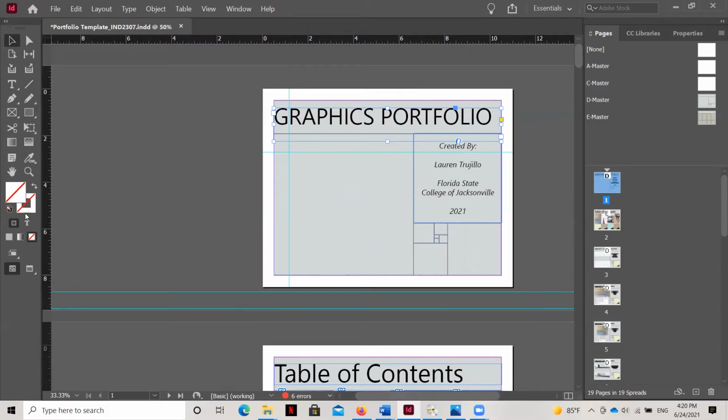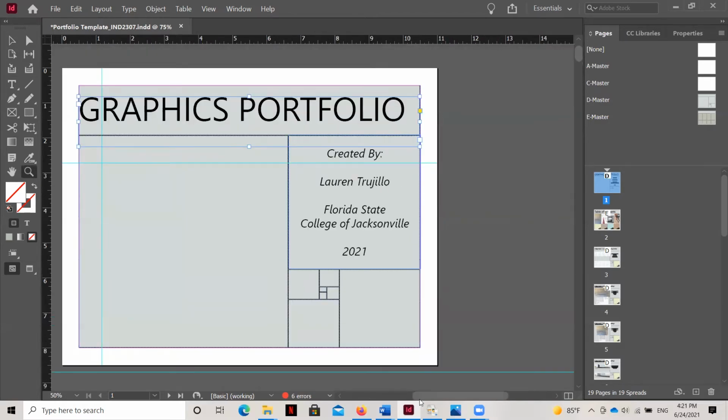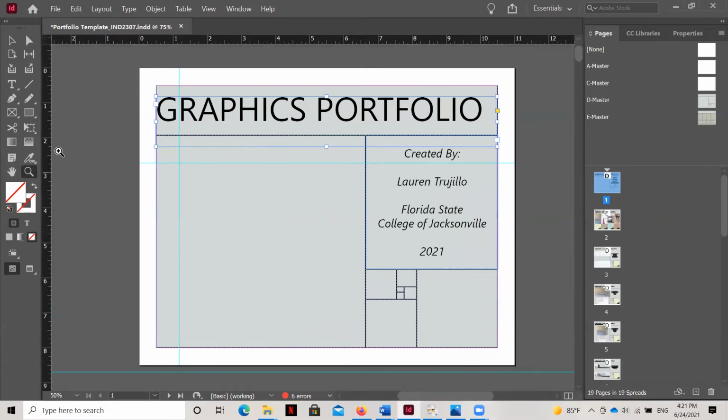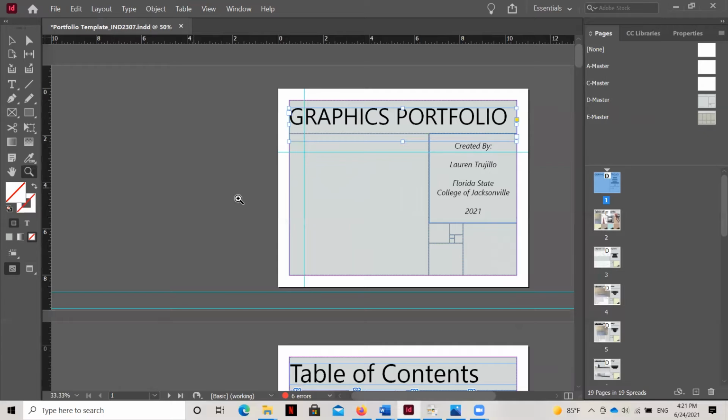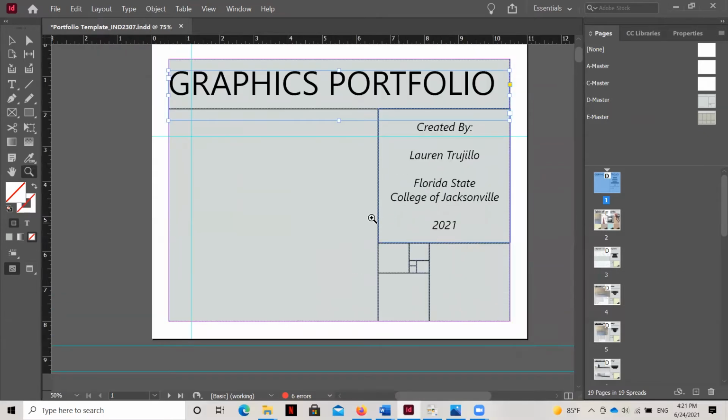Over here, you can see the modify buttons, and these will be using to, for example, click on here and select. You can create shapes with this button. You can create text boxes with this button. You can zoom in, for example, if you want to zoom and click in and see your page itself bigger. If you want to zoom out, you hit the Alt button and hold that down while you click, and you will zoom out. And so we'll be working in between and using all of these different components of the InDesign interface.